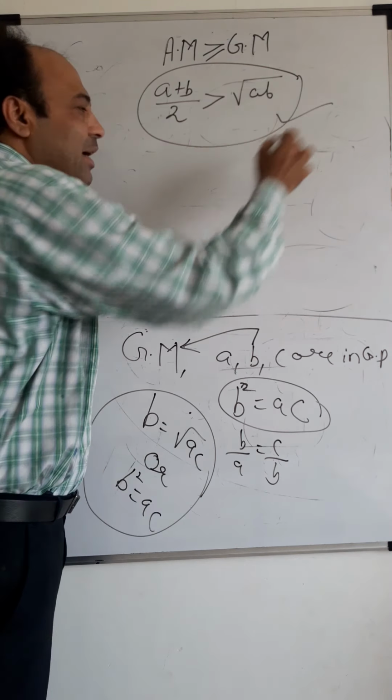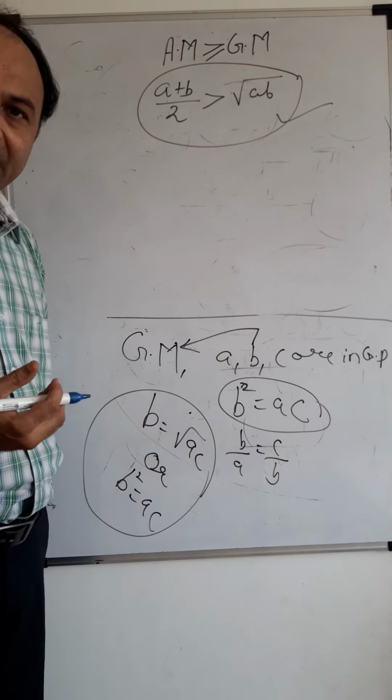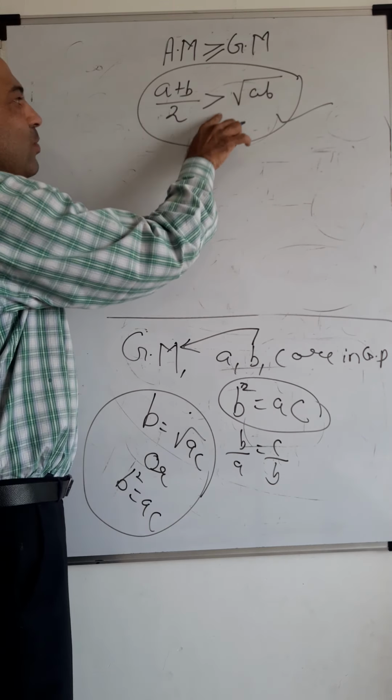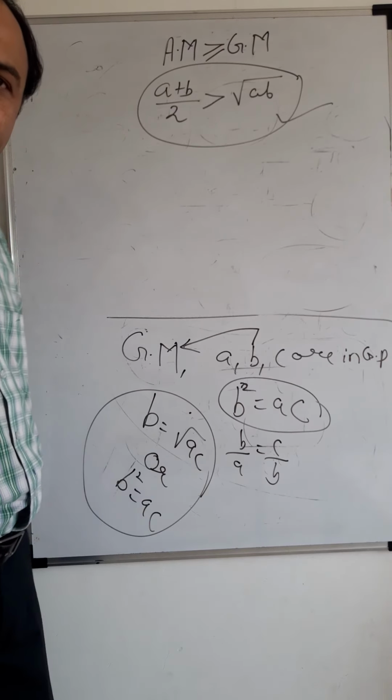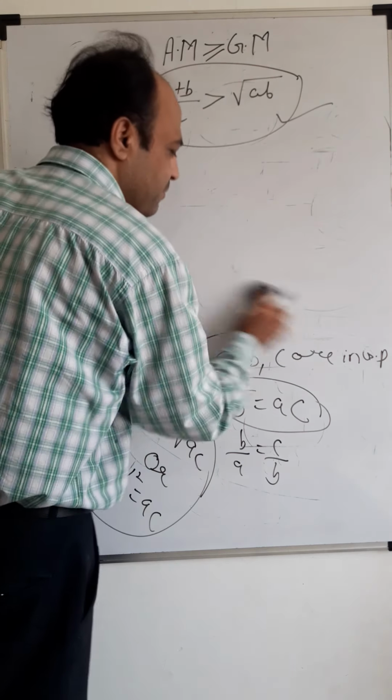This is also known as the arithmetic geometric inequality. This is an inequality we use in mathematics, dear. It is called the AM GM inequality. So (A plus B) by 2 is greater than root AB. Fine. So we have seen till here